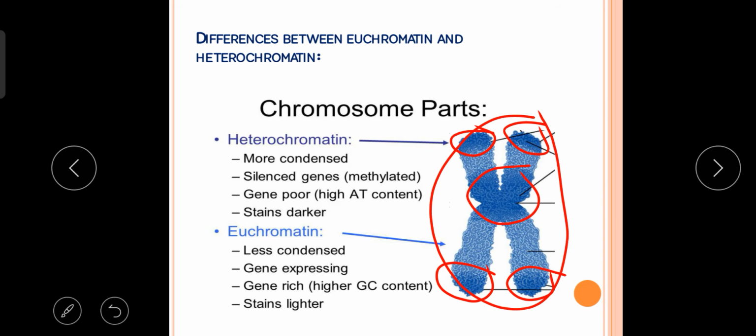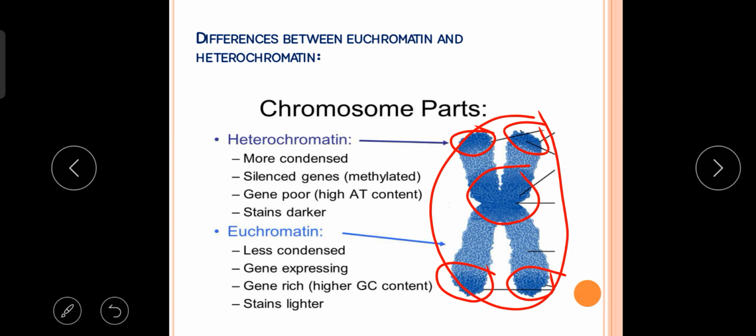And what is the significance of heterochromatin? Heterochromatin are darkly stained. If you see some dark colored area in the chromosome structure under the microscope, that means these parts in the chromosome are called the heterochromatin. Remember, darkly stained means darkly colored, darker than the other part which is lighter. So these dark regions in the chromosome are called the heterochromatin.